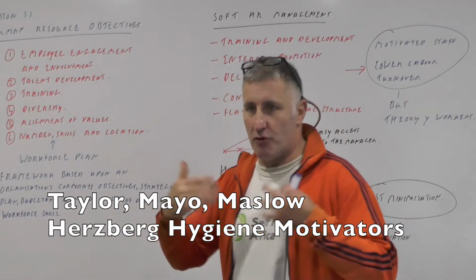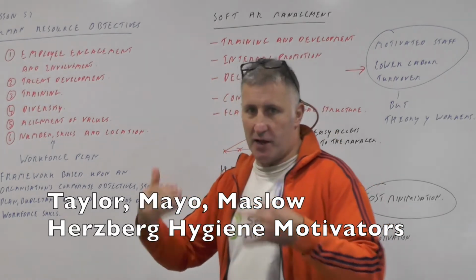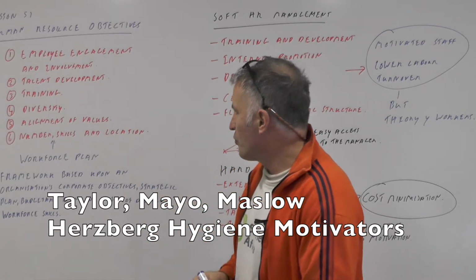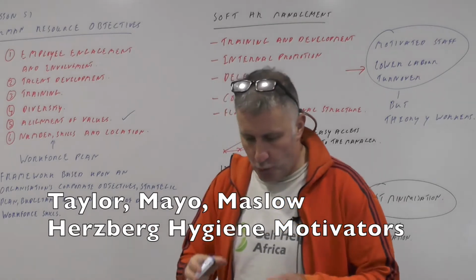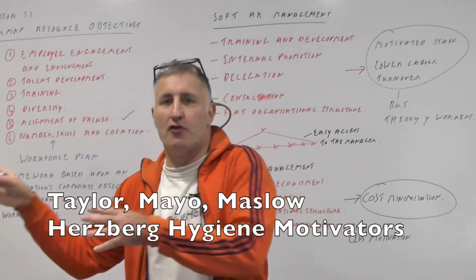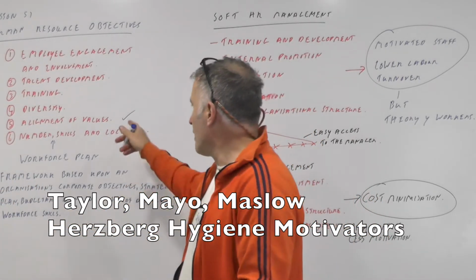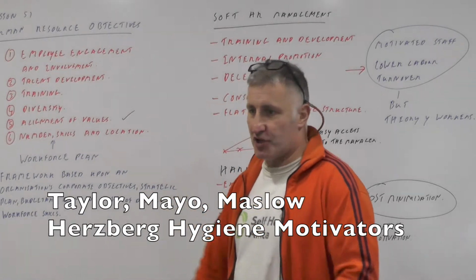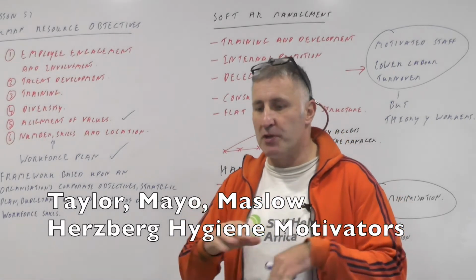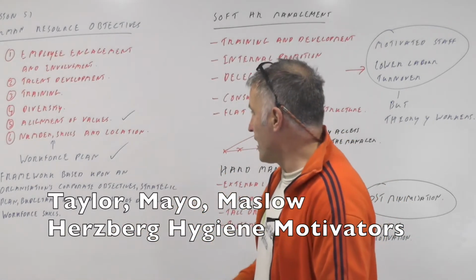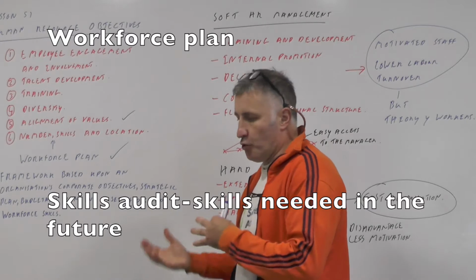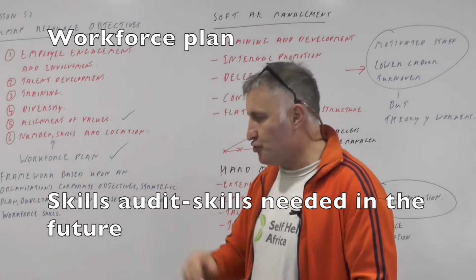Basically you want to get your employees engaged, you want to develop the right talent within your workforce: training, diversity, alignment of values. What does that mean? That means that you want your workers to be linked in with the values of your particular organisation. Alignment of values, and you want the right numbers and the right skills in there. So you should have a workforce plan, and a workforce plan is a complete skills audit of your firm, and that will tell you who you need in the organisation, how much you're going to spend on it, what your objectives are, and what workforce skills you will need in the future.